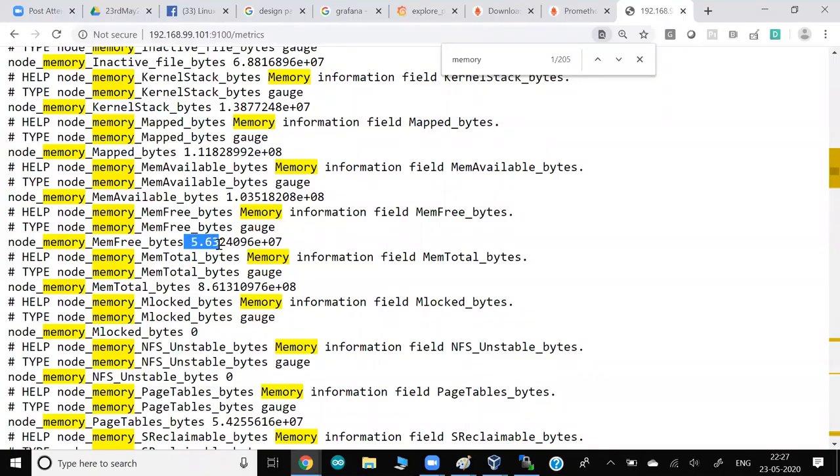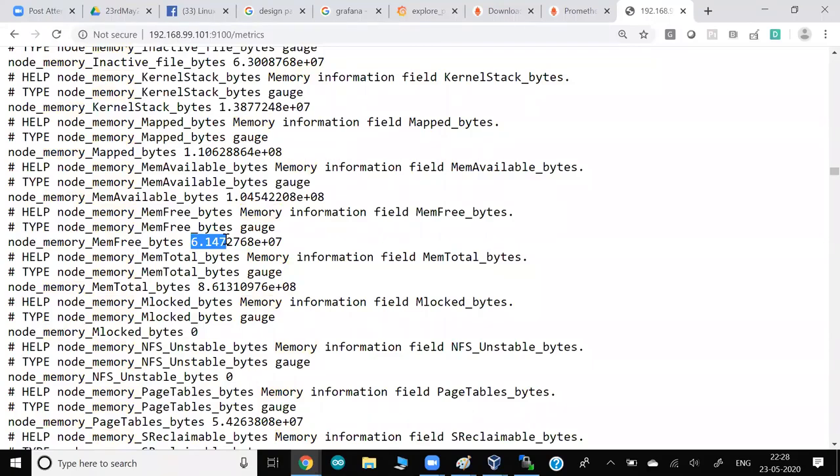So they are saying that when you run this program, at that time the memory free is 5.6324. But if I refresh this page again, let me copy this keyword completely. It's just a keyword; it could be anything. Now it has changed, 6.14.